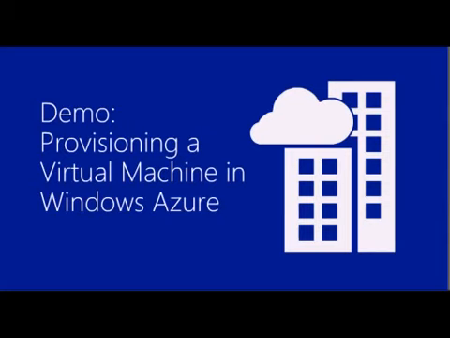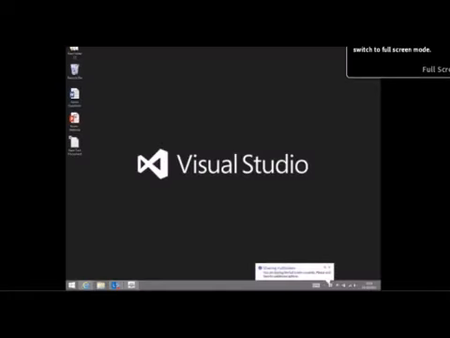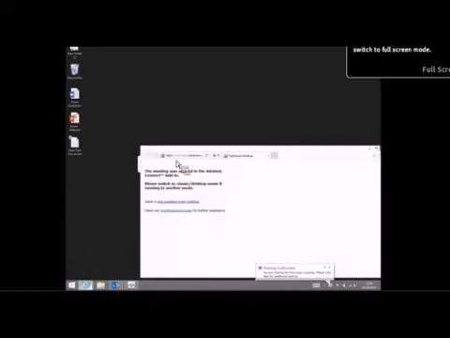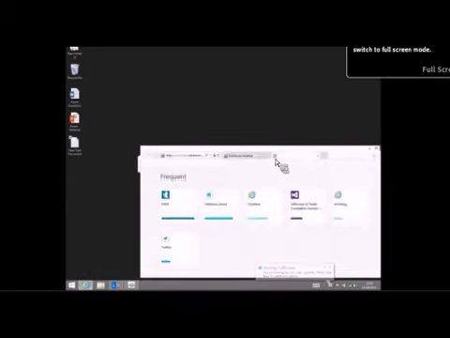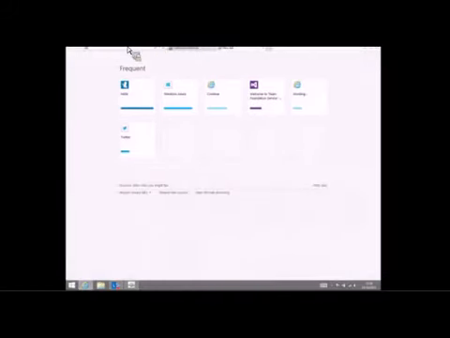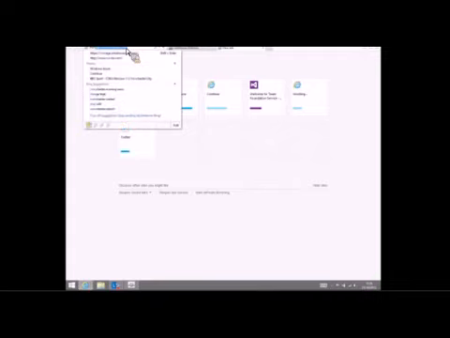So just as a quick demo, I'm just going to flip to sharing my machine here. Let's share my screen and share my desktop. I'm just sharing my desktop quickly here, and I can load up an instance of Internet Explorer. And I can go to Windows Azure. So I go to